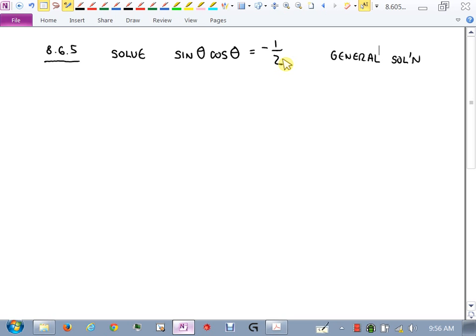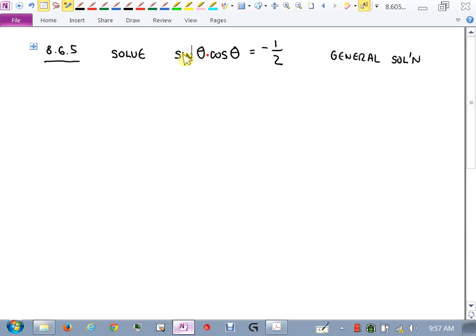That would probably lead you in the wrong direction. But I'm trying to solve an equation, right? So the thing that I see is people will say, oh, there's multiplication here between sine and cosine. So I'll just set each one equal to what? If these two have to multiply to be negative 1/2, people will say just set each one equal to negative